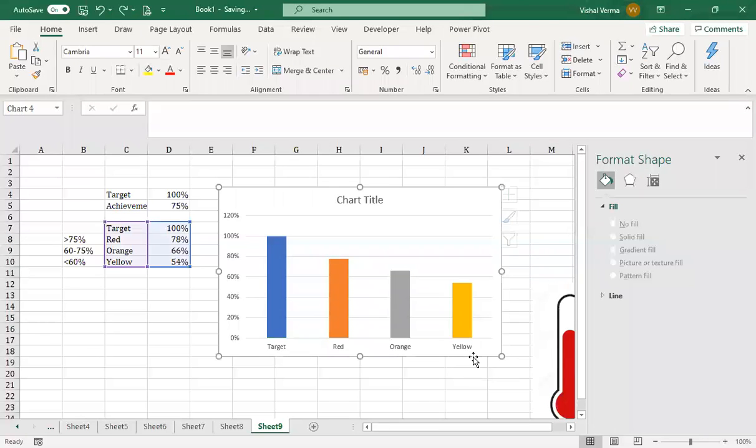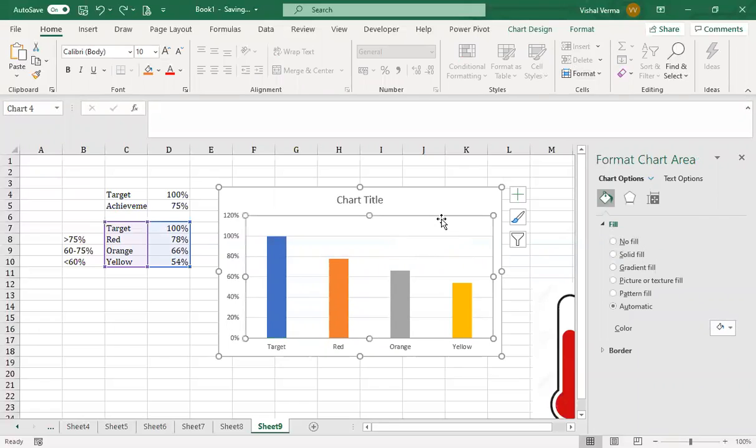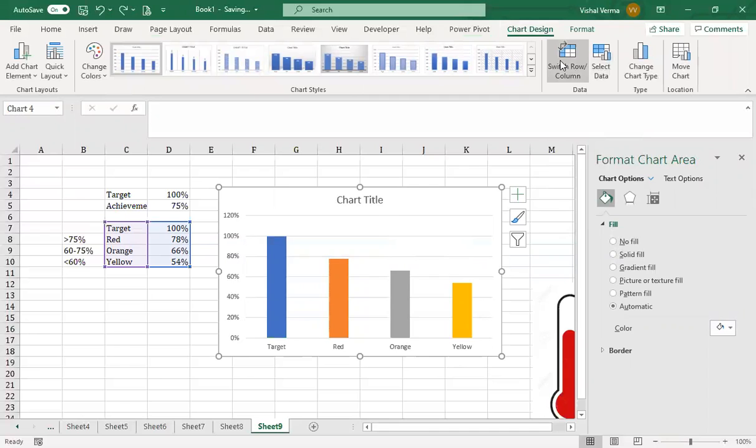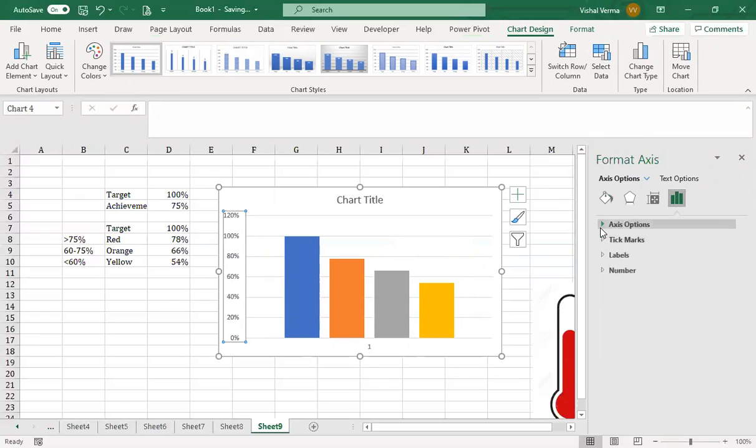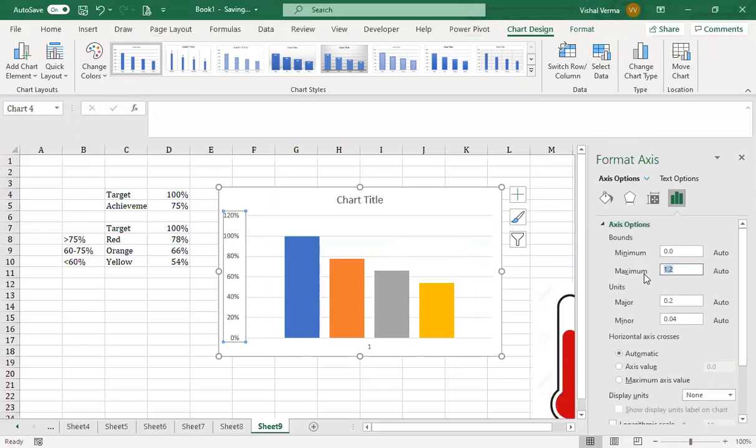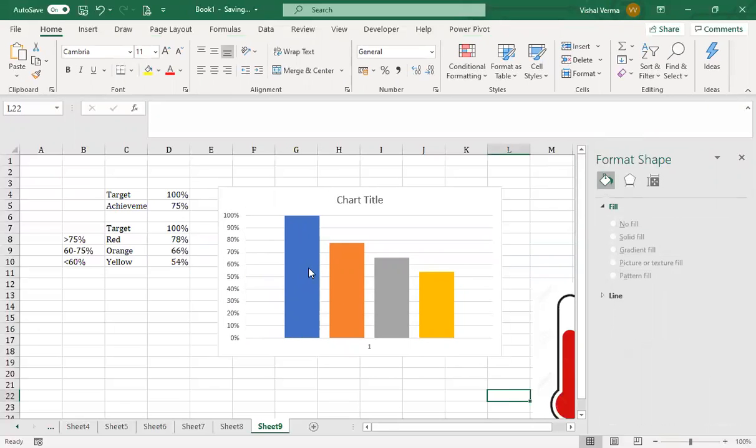Now we need to change the data type from the chart design, switch rows to column. Okay, so we have got this issue again, and let's resolve this issue and put it as 100%. Now what we need to do is to overlap each of this data on the blue one. What we did earlier, we had only 2 data, so it was easy to overlap. Now we have got 4 data.